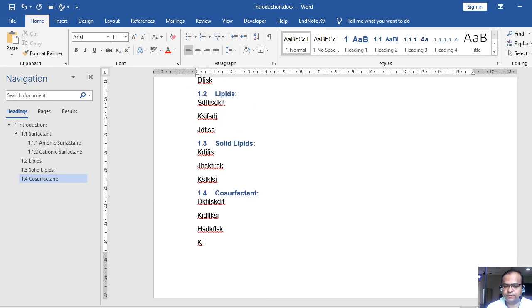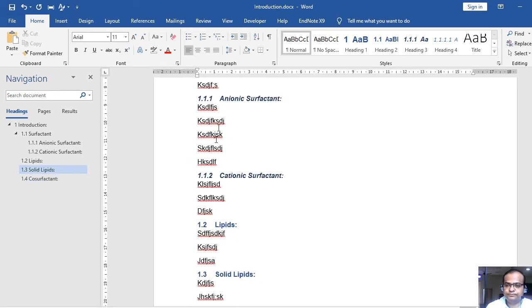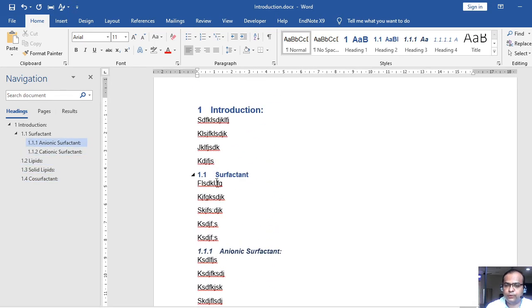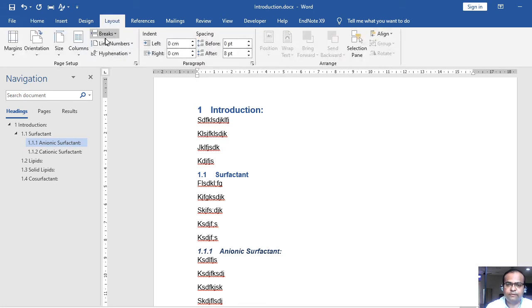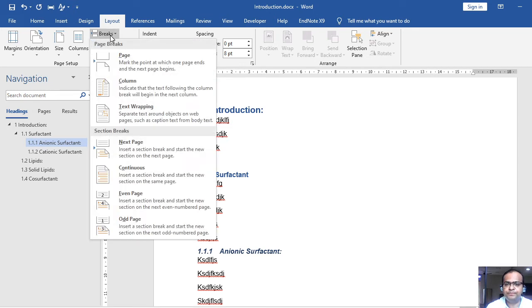The best practice is, just keep it in mind: if you want to move to a newer page in the same chapter, say I'm not changing my chapter and I'm still in the introduction chapter, I should use the page break. In the Layout section you may find this option. In Layout, in the Page Setup group, there is an option called Breaks, and in Breaks there are multiple options.